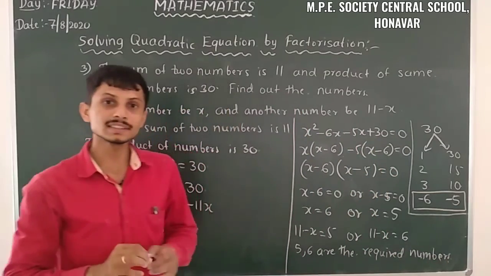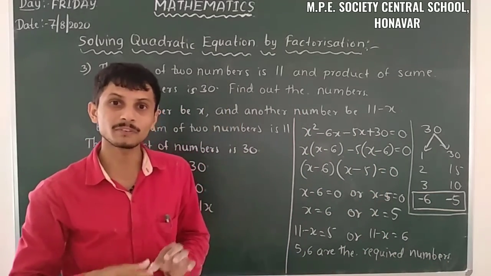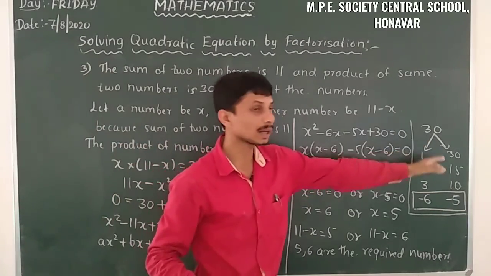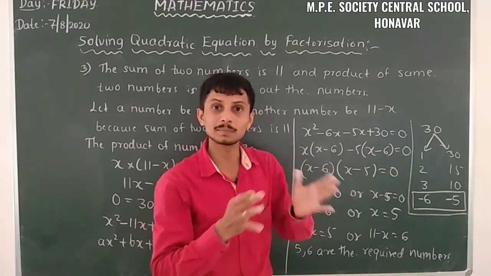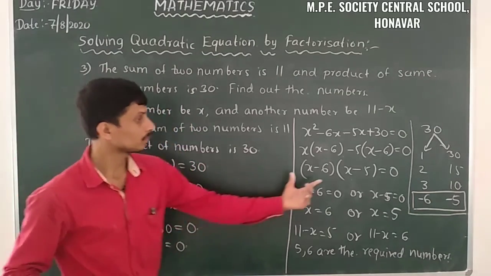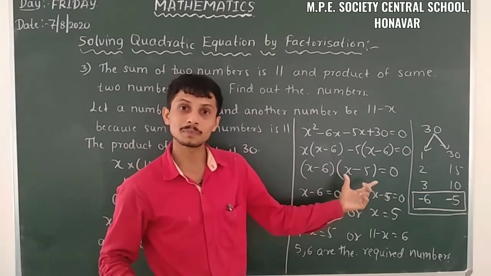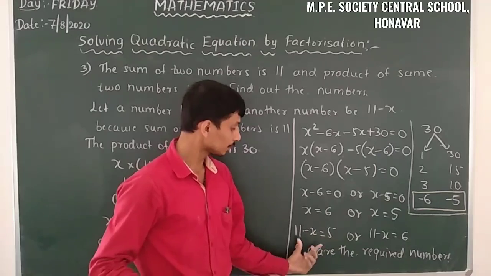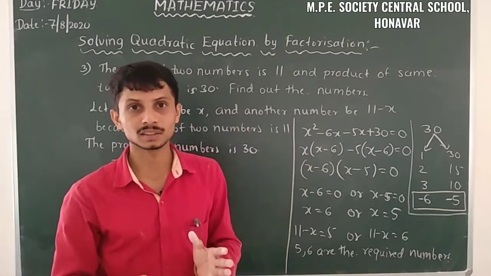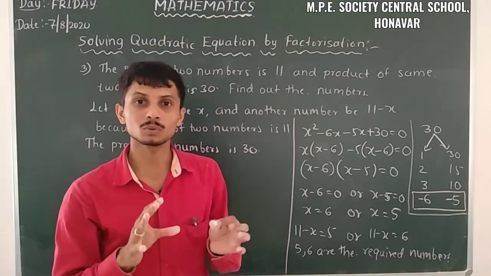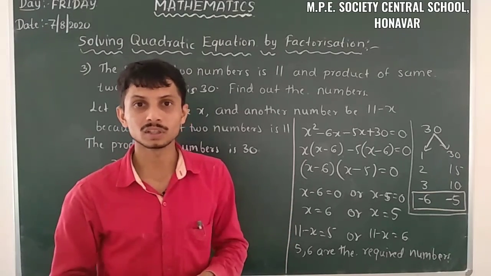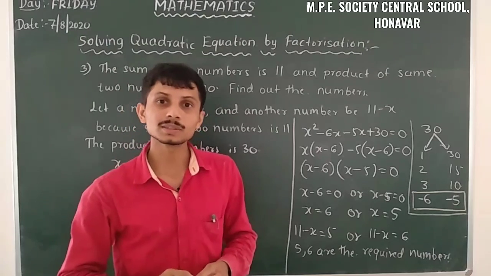So this is about solving quadratic equation by factorizing. We keep on factorizing. Here also we are factorizing. When we are splitting the middle term, we are factorizing. After splitting the term, we got some multiplied terms here. Here also it will be factorized out. And then after that we got the factors. So it's purely based on factorization. So this is the method we have to use in solving quadratic equations. So I conclude this part here.